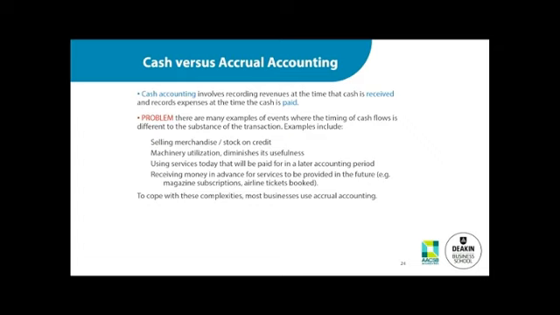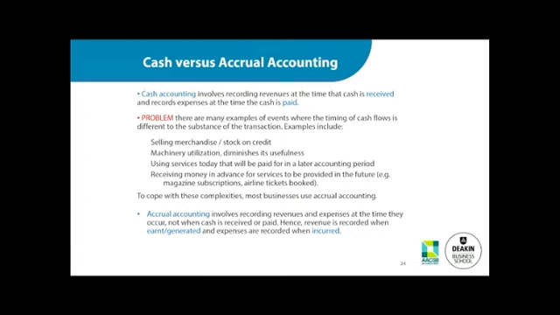To cope with this problem, most businesses use accrual accounting. Cash accounting is objective, but it is not accurate. We want an accurate measure of our performance. An accurate measure of performance cannot be achieved without using the accrual method, because accrual methods measure the impact of the transaction at the time it happens rather than at the time the cash changes hands. So this is why accrual accounting is adopted by all accounting standards and all businesses and major